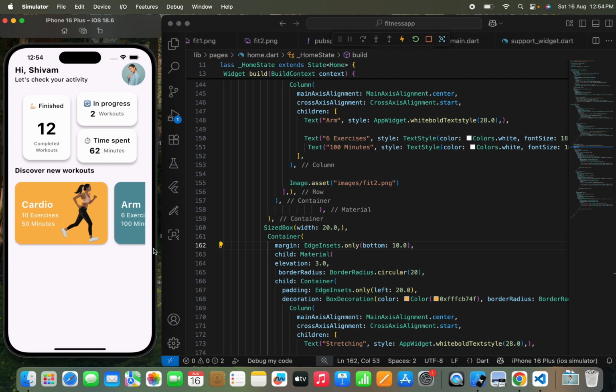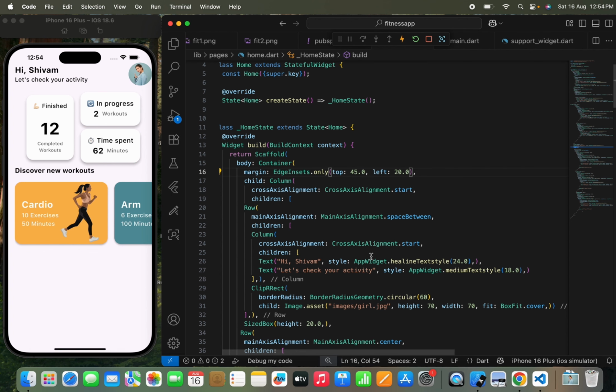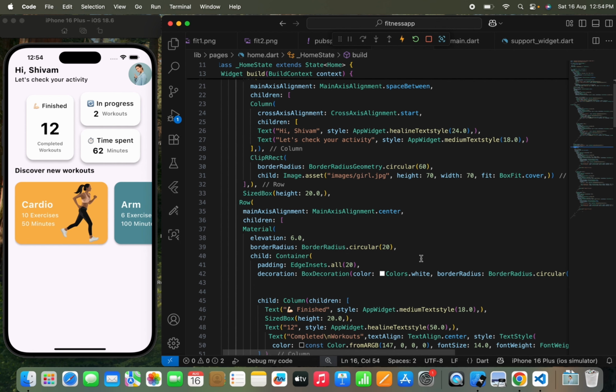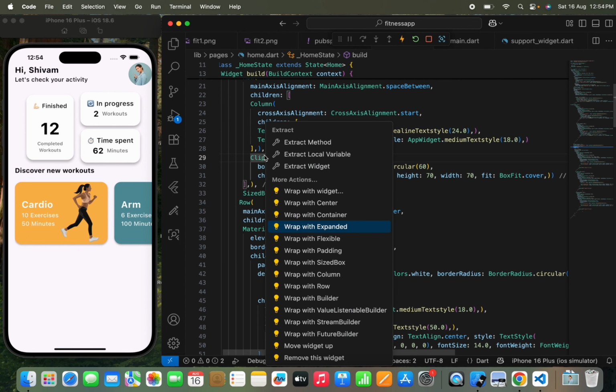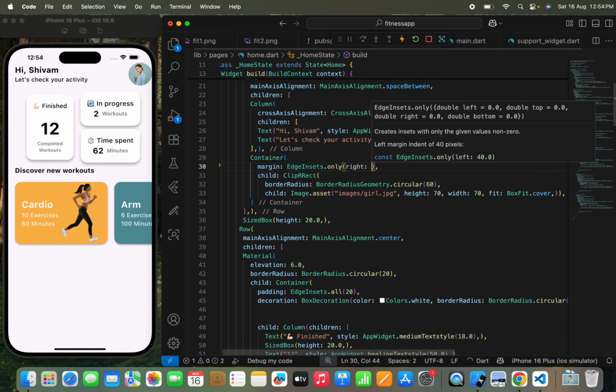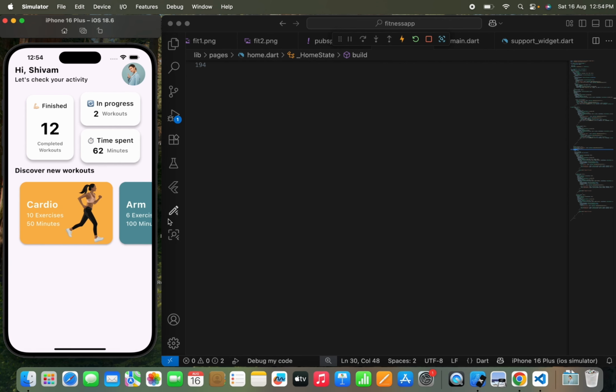Now you can see that by passing margin from the right position, it's going to cut out from here. But if you are thinking that doesn't look good, I'll just manage it like this as well. There's nothing to worry about. And here I'll just need to pass, okay, container, we need to pass margin as in EdgeInsets.only from the right 20.0. Yeah, so it's okay. So you can see how it's working, and we can just pass cardio, arm,